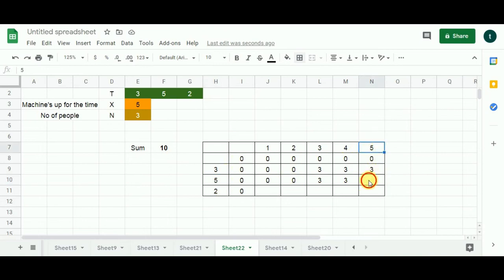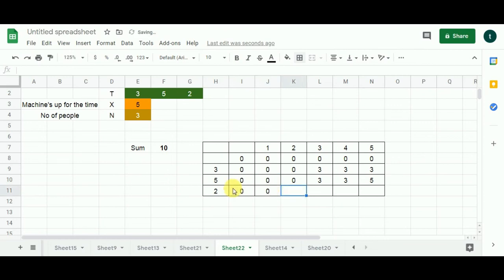We are going to go one cell above, and 5 minus 5 brings me over here to 0. So 0 plus 5 is going to give me 5. I am going to compare it with this value. So 5 and 3, which is maximum? 5 is maximum, so let me put 5 over here. Now coming over here, 1 is less than 2, so I am going to get 0 over here.